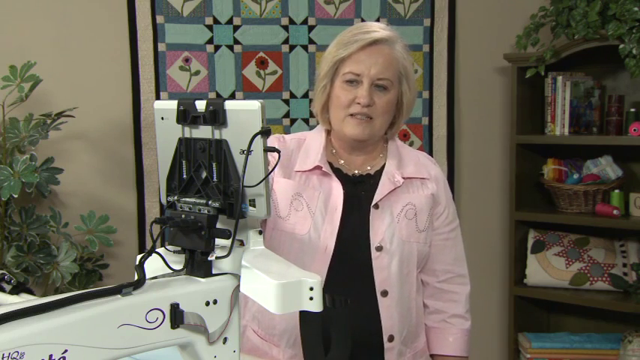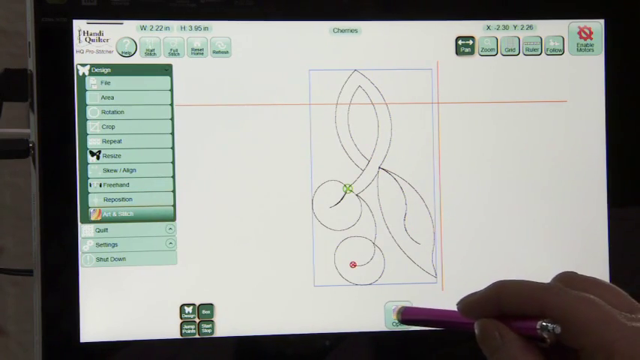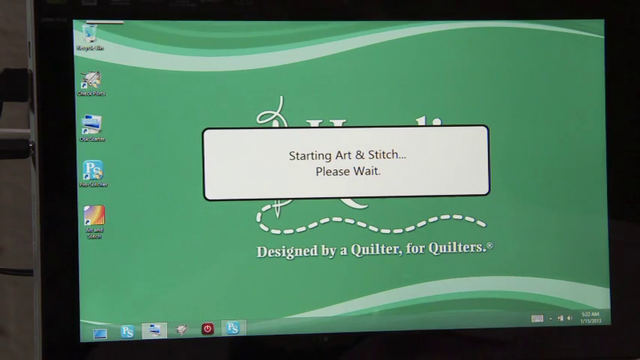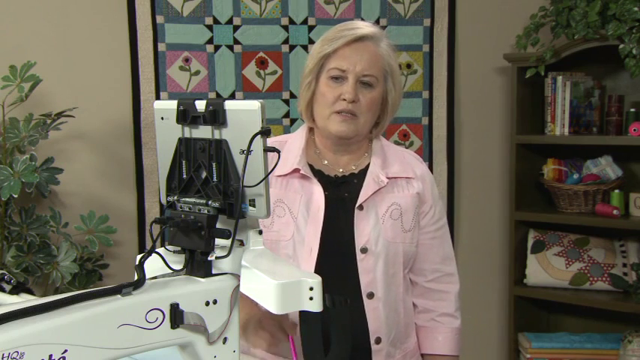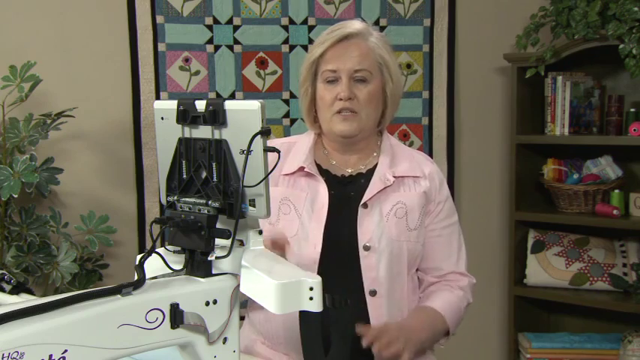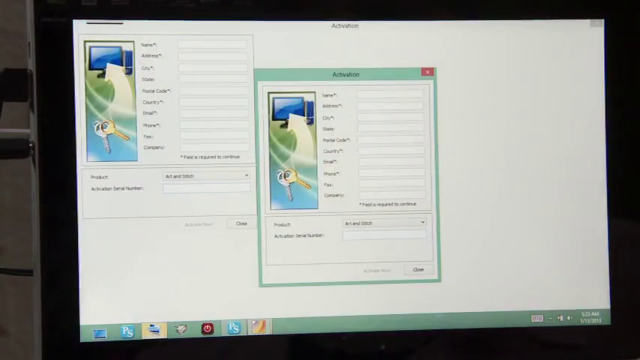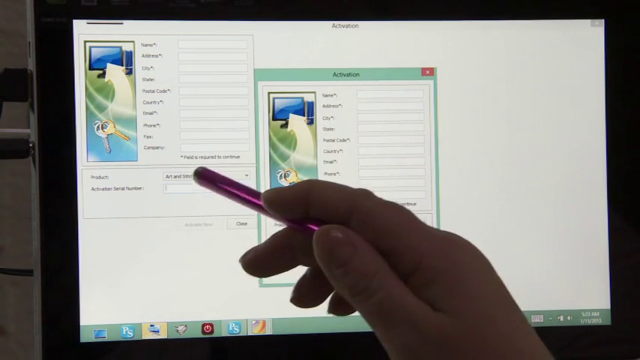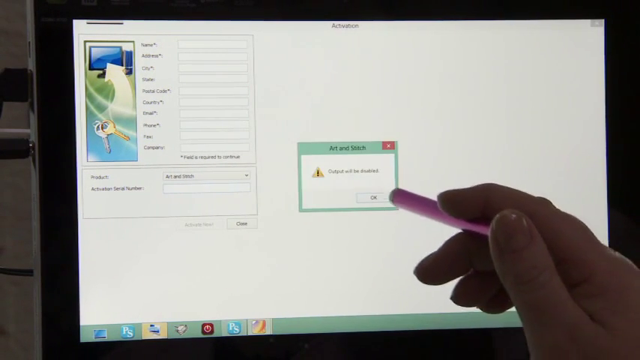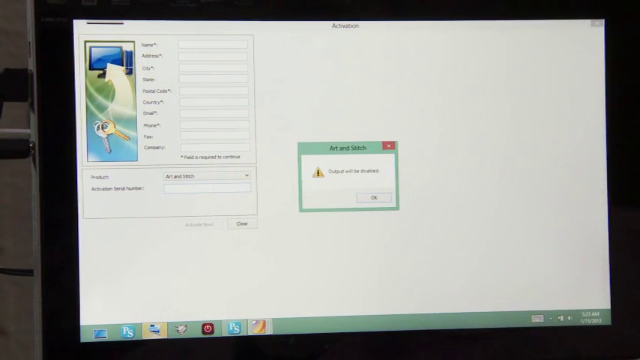The next function is our art and stitch, and if we press the art and stitch, we can actually go into art and stitch. And if you have registered your art and stitch on your tablet, then you'll be able to save the designs after you've manipulated them in there. If you haven't, then you'll need to do that on another computer. So this is telling us that we need to activate this, and if it isn't activated, it will say output will be disabled, which means you cannot save anything on your